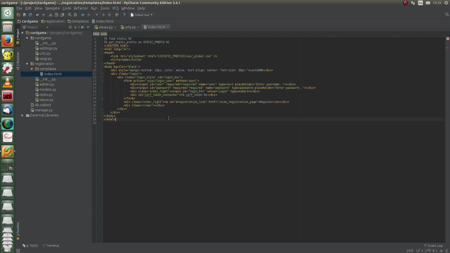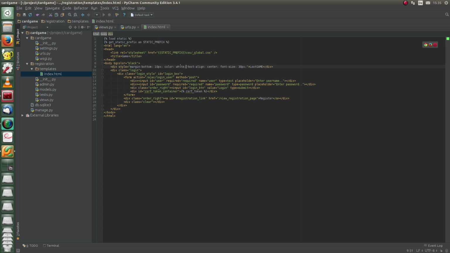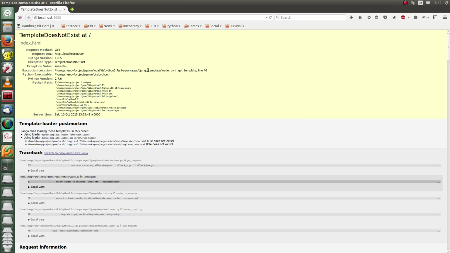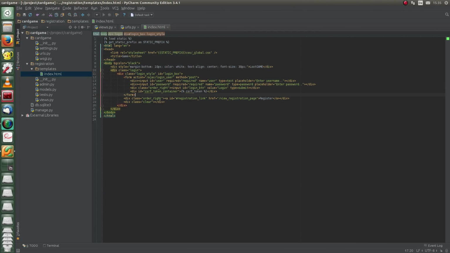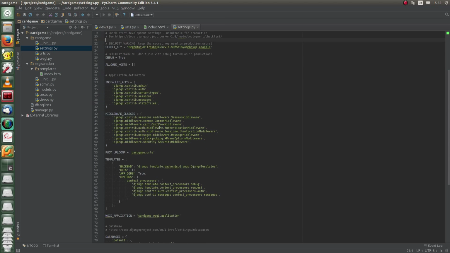And yeah, let's get rid of this, and that looks actually pretty good. So let's check out what's actually happening. Still does not exist, and that is probably because our settings now don't know about this template folder. So let's check directories,